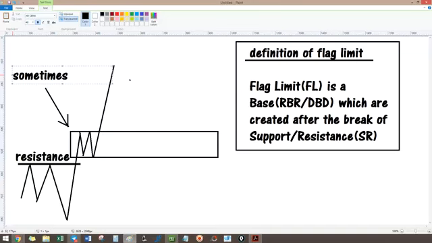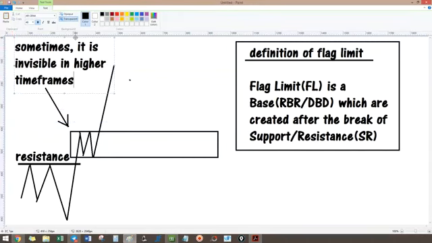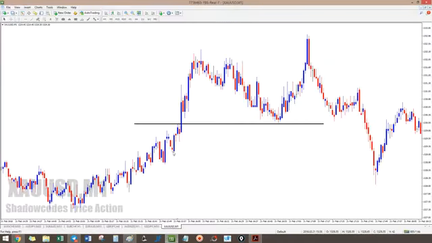Sometimes it is invisible in higher time frame, and you need to go down to lower time frame to see this. After the break of resistance, usually it needs some time to go up because it has already broken an important level, so it needs some time and it will create a base. So this one should actually be a good trade, but maybe inside here we got another base